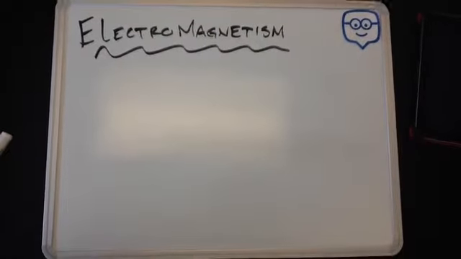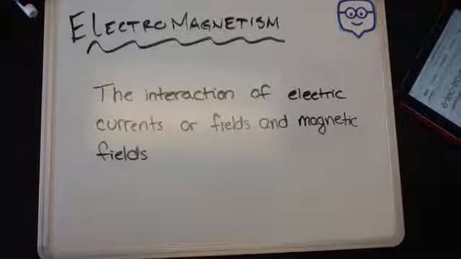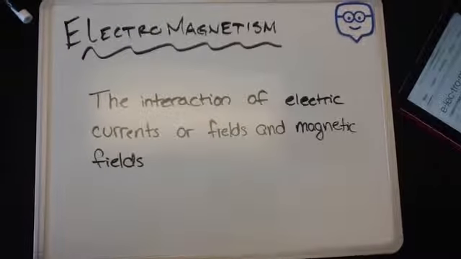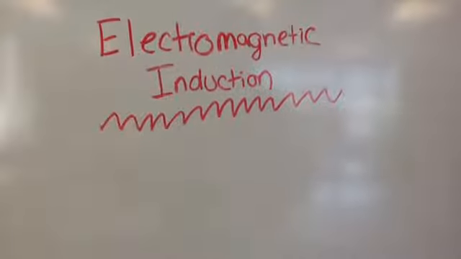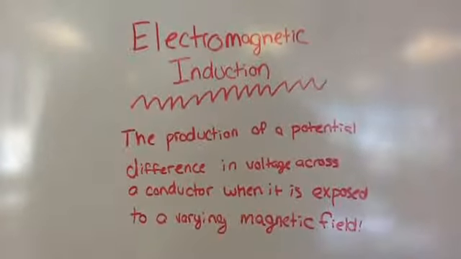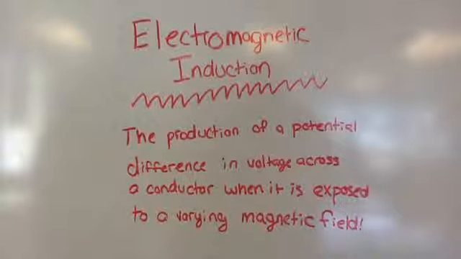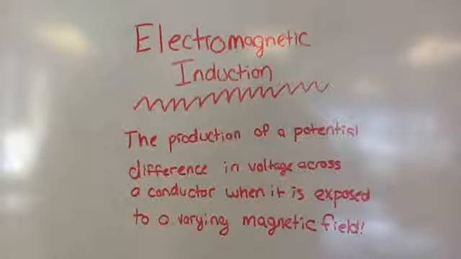Electromagnetism. What is it? The interaction of electric currents or fields and magnetic fields. Electromagnetic induction. What is it? It is the production of a potential difference in voltage across a conductor when it is exposed to a varying